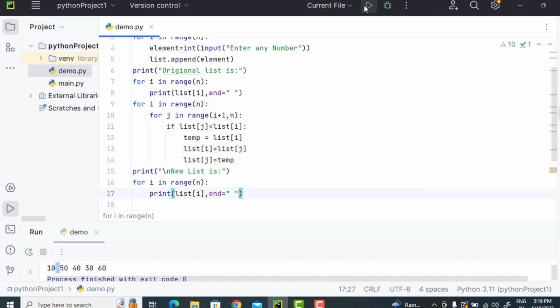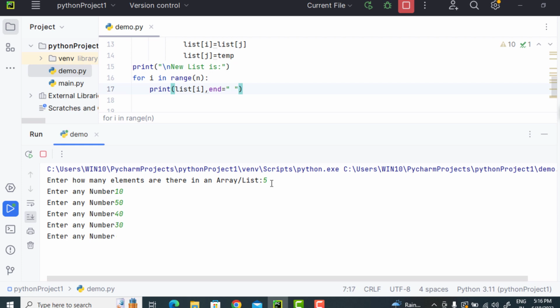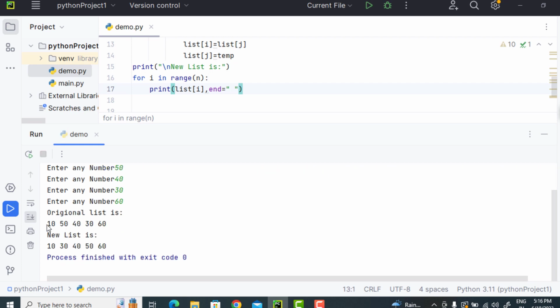If I will run this, how many elements you want in this array? I want 5. Then enter any number. First number it is 10, second it is 50, then it is 40, then it is 30, then it is 60. So this is original list 10, 50, 40, 30, 60, which is not in a sorted order. Now the new list is in sorted order. You can see 10,